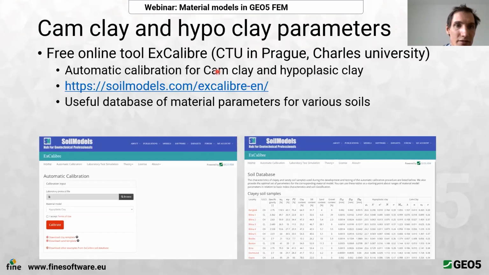And finally, if you want to calibrate a ChemClay model or the hypoplastic model for clay, the procedure is definitely more complicated than for the Mohr-Coulomb model, and this is what we have covered in a project that I work on at Czech Technical University, together with Charles University. We created an automatic calibration application, which is freely available on